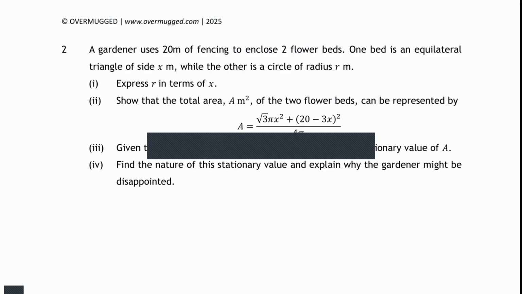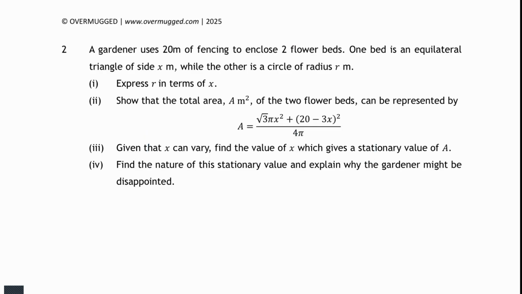Okay. Let's continue. So this one, the E-math part, I'll just go through quickly, but I'll go through the exam skill of why I do certain things. So I think most people know it's an equilateral triangle. The other is a circle. So for the equilateral triangle, we can find the area very easily. The formula we all know: half ab sine C. Each side is x, and the angle in each is theta. But in this case, equilateral triangle, the angle inside is 60. So straight away, half ab sine C.